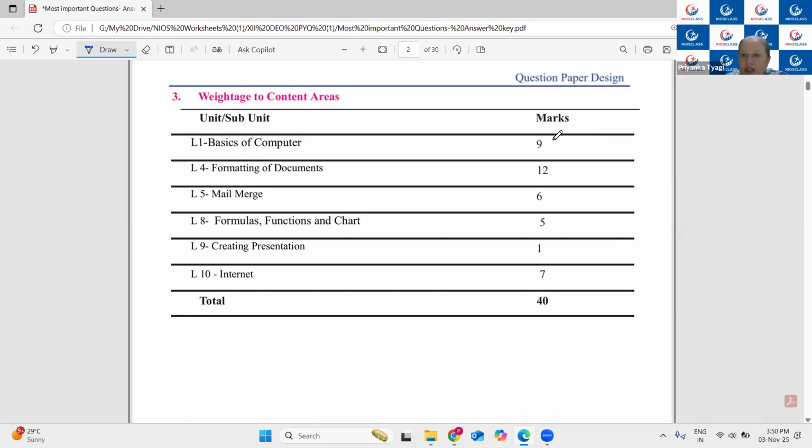The maximum margin for this lesson in the paper is 9 marks. Lesson number 4, formatting of document, 12 marks. In this class, I am going to show you from which chapter which type of questions will come. Usually I have seen that from lesson number 4, most questions are objective, in section A. The examiner can include theory questions from basics of computer, mail merge, and mostly from the chapter internet. Otherwise, for the rest of the chapters, up to today's date,